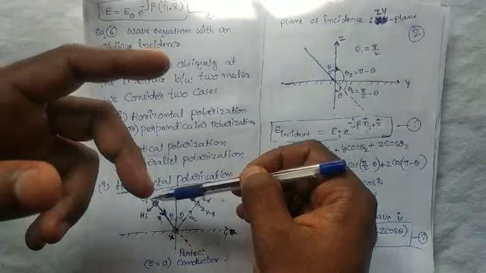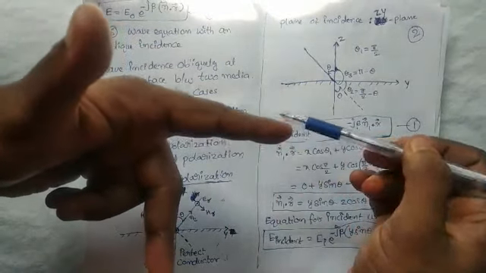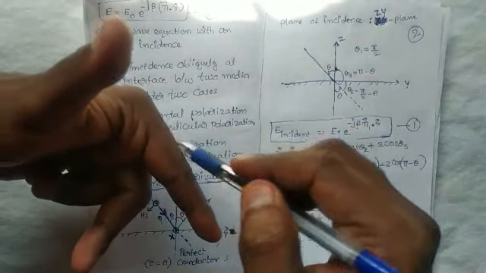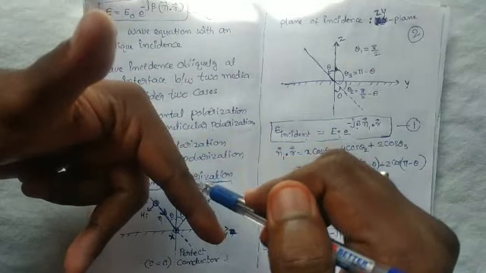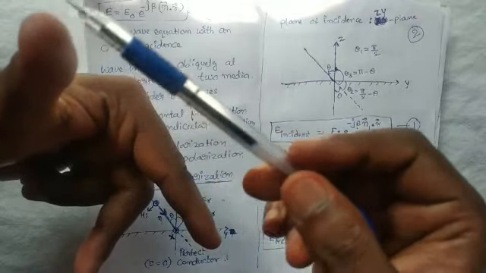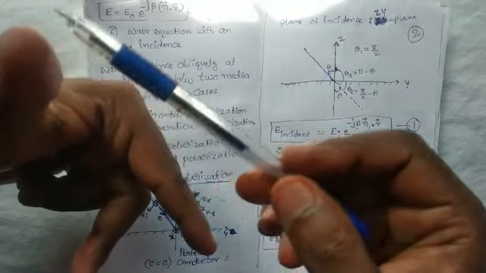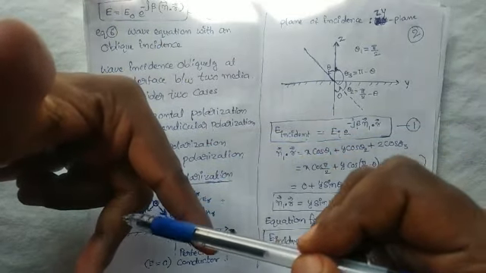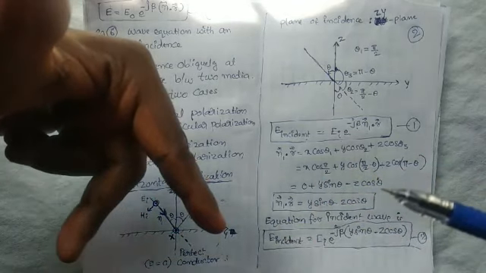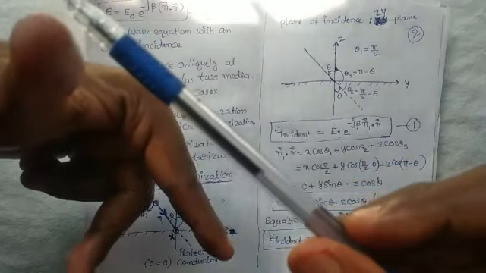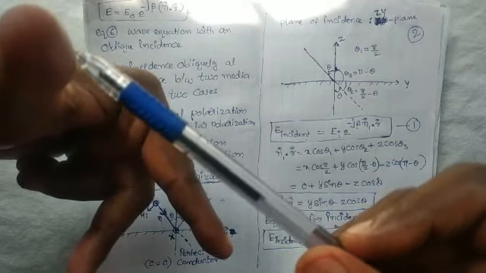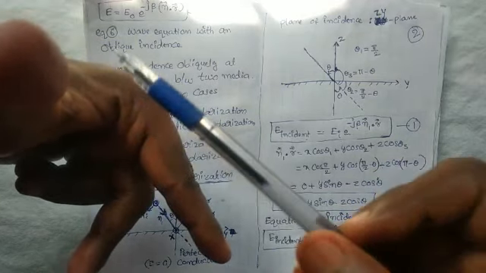The magnetic field direction is like this. Using the left hand, the forefinger indicates the direction of propagation, the thumb indicates the direction of the electric field, and the middle finger indicates the direction of the magnetic field. Observe this: the thumb indicates the direction of the electric field, which is perpendicular to the plane of incidence.